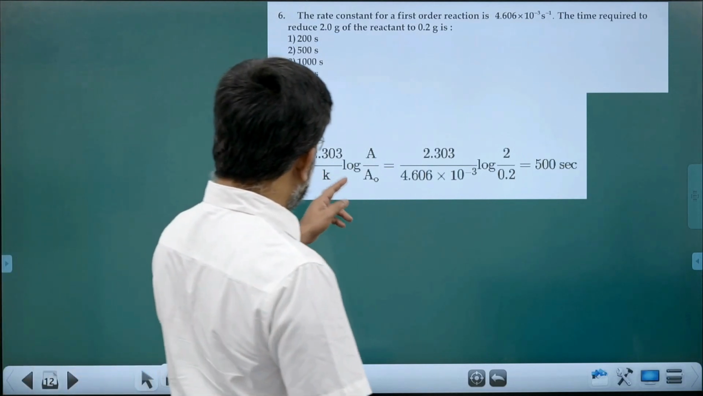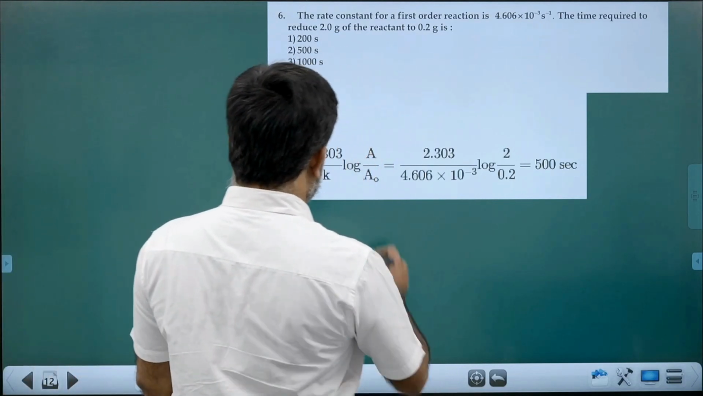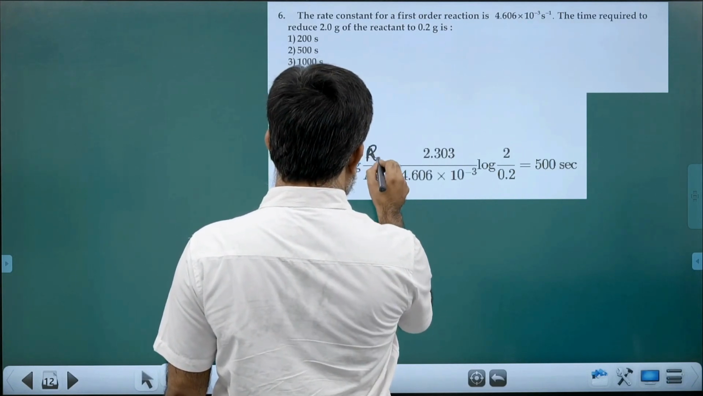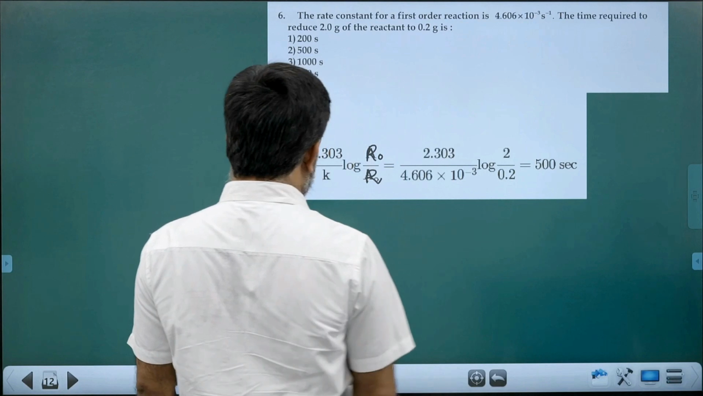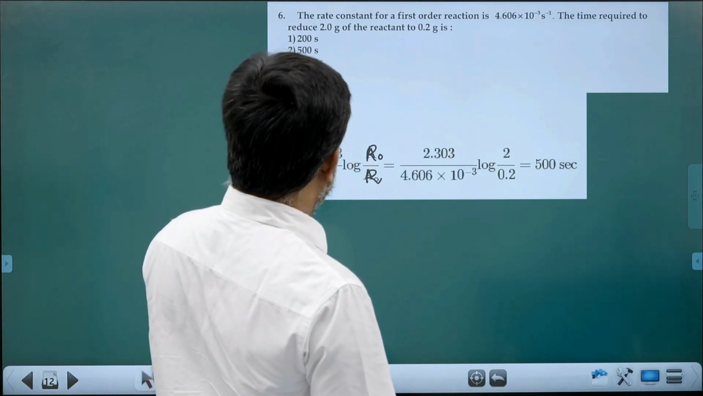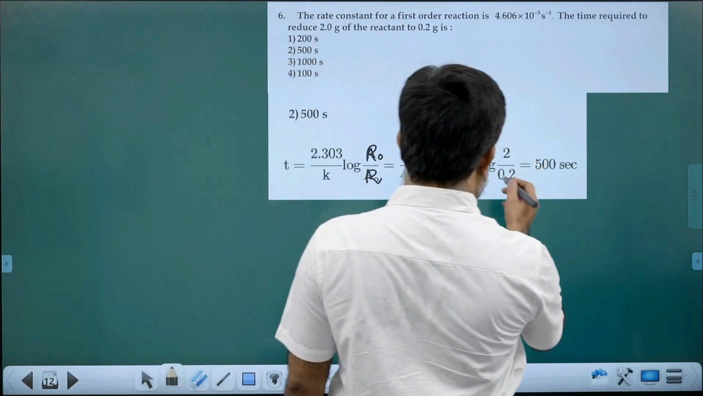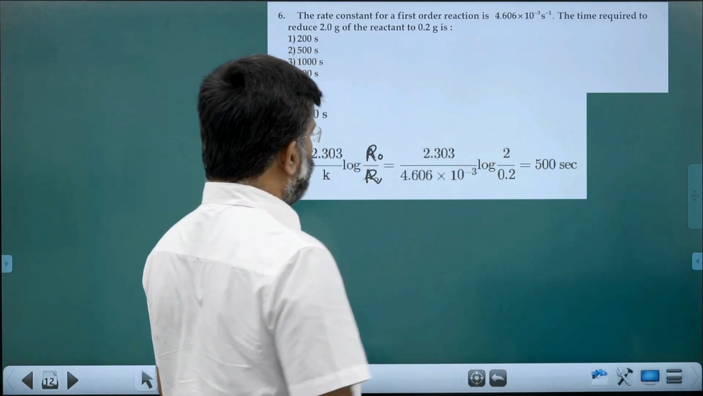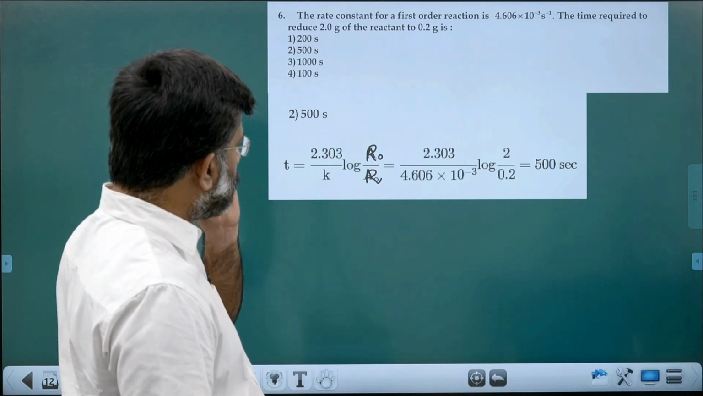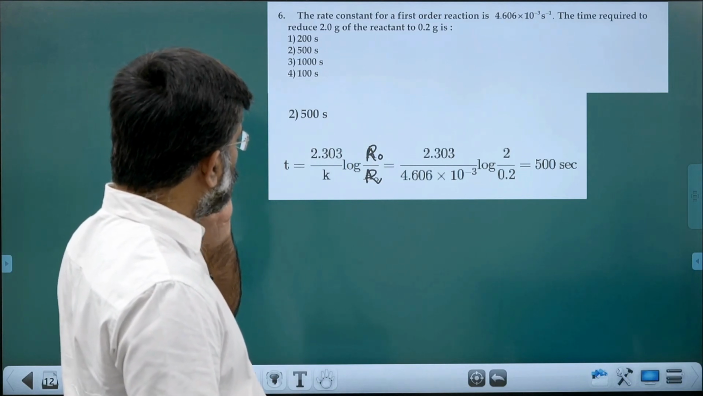2.303 by k log r0 by r. It is not a by a0. It is r0 by r. So 2.303 by k log initial quantity 2 by 0.2 will be 10, right? So log 10 is 1. 2.303 by